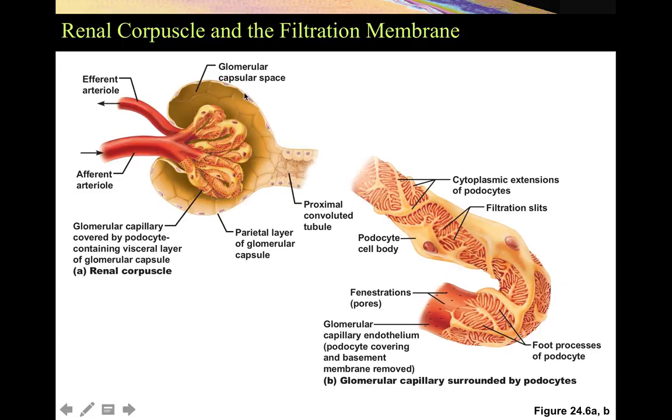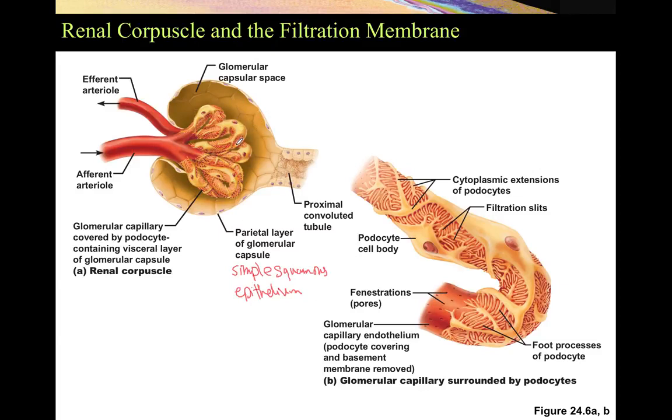The parietal layer, which is made up of simple squamous epithelium. So I'm going to write it. This is the parietal layer made up of simple squamous epithelium. And then what you see around your network of capillary, which we identified as glomerulus, is these yellow cells